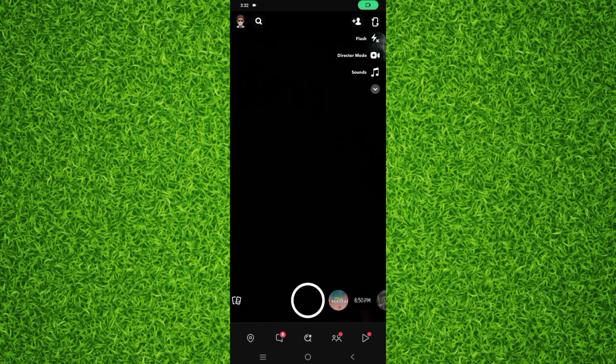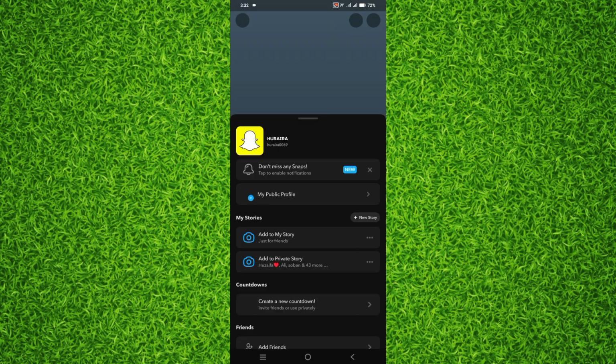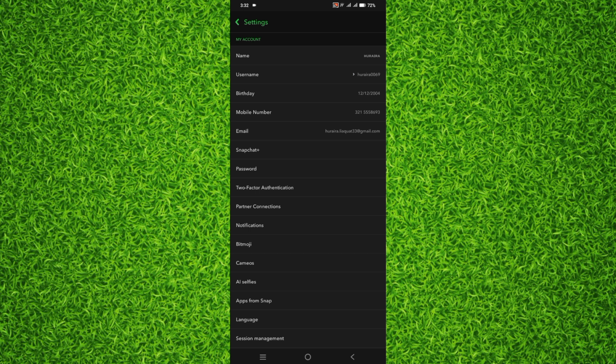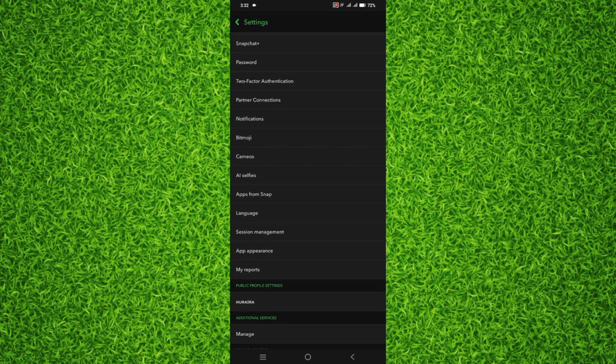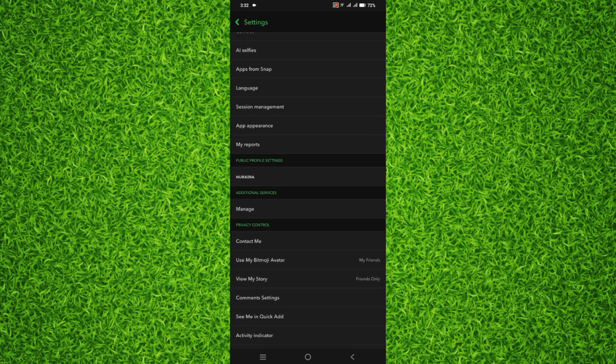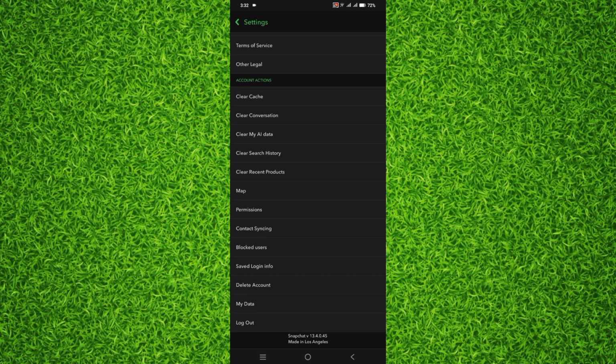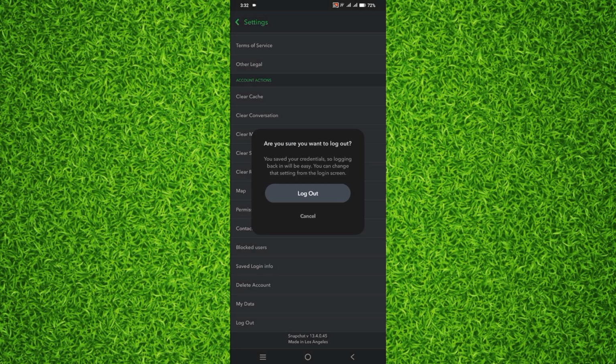page, you'll have to tap on your profile on the top left corner and then tap on that gear icon on the top right corner to head over to the settings of your Snapchat account. Now you'll have to scroll down all the way to the bottom, and on the bottom you'll be able to find an option of log out, and all you'll have to do is tap on log out, and it